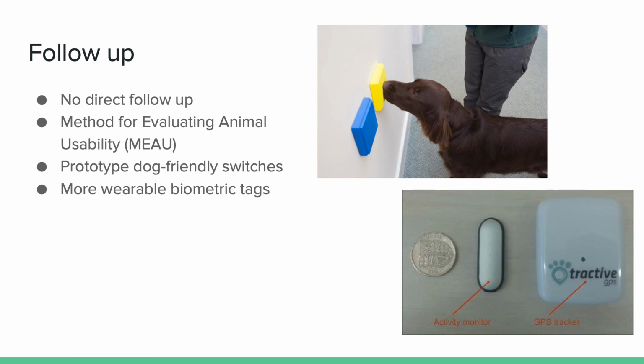So this paper, as I said, didn't advocate some specific system, so the impact is more on the follow-up work. Now, there was no direct follow-up on creating a ubiquitous computing solution in a kennel setting, but the authors have done more general ACI research in animal-computer interaction, and they developed some prototypes and theories that could eventually contribute to such a system. So, for example, they developed a framework for assessing animal-based controls called the Method for Evaluating Animal